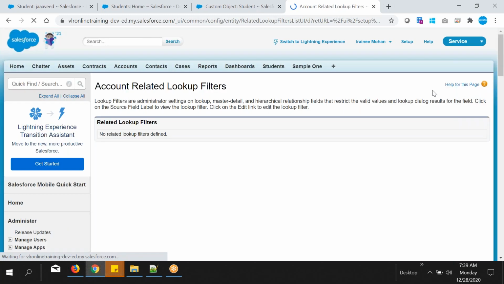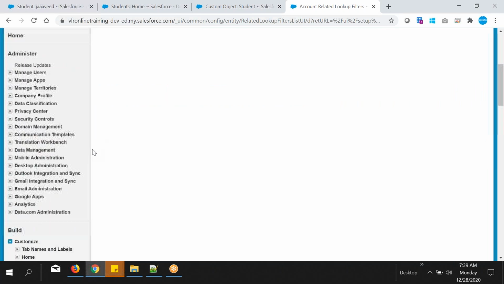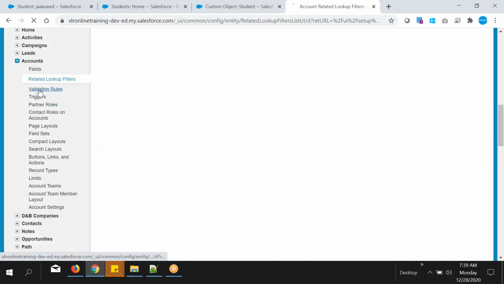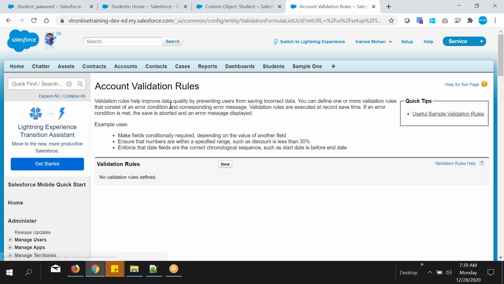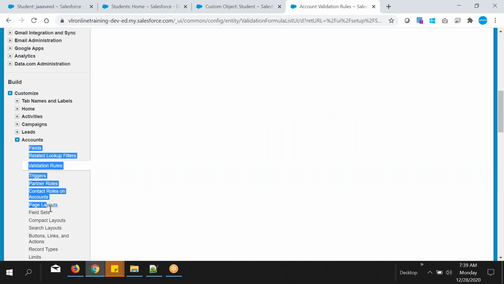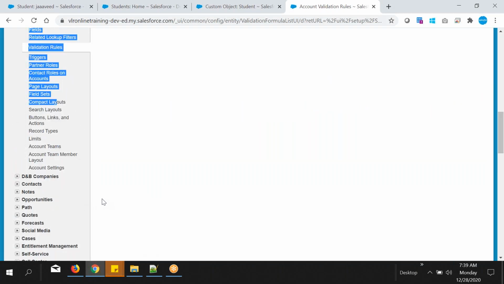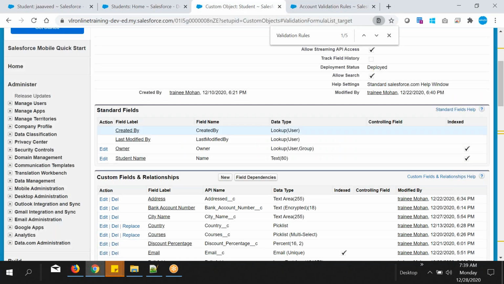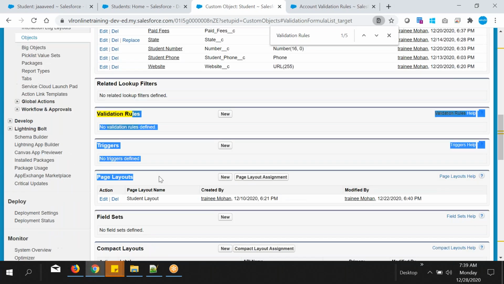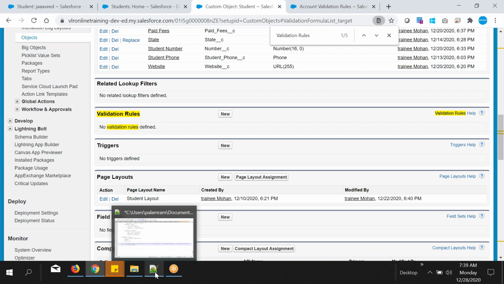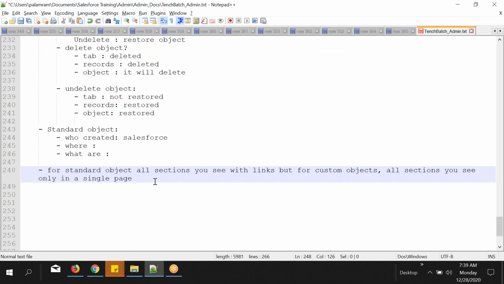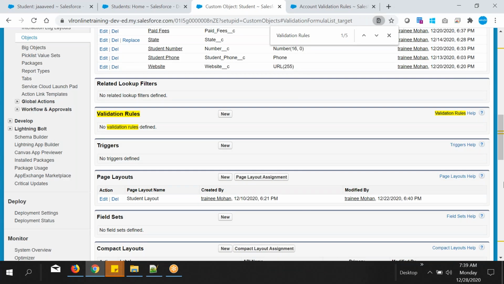Another one is related lookup filters. This is another page with a link they have given. Next, you see the validation rules section. This is another page. That means with links they have given separate pages for a standard object, but for custom objects you can see everything in a single page. That is a screen differentiation that you need to observe. Next point,